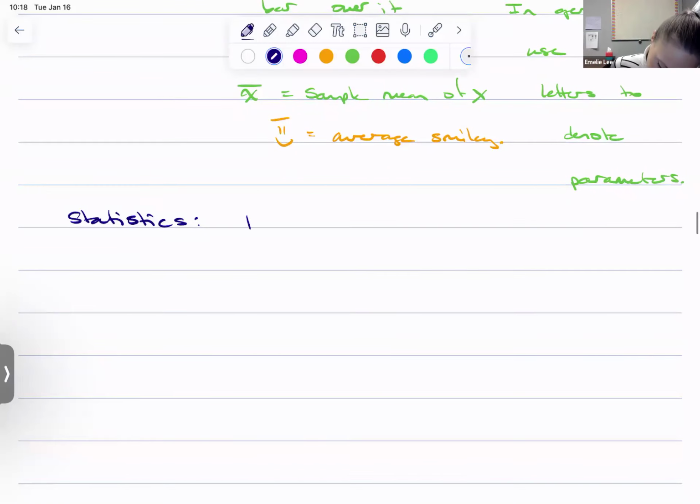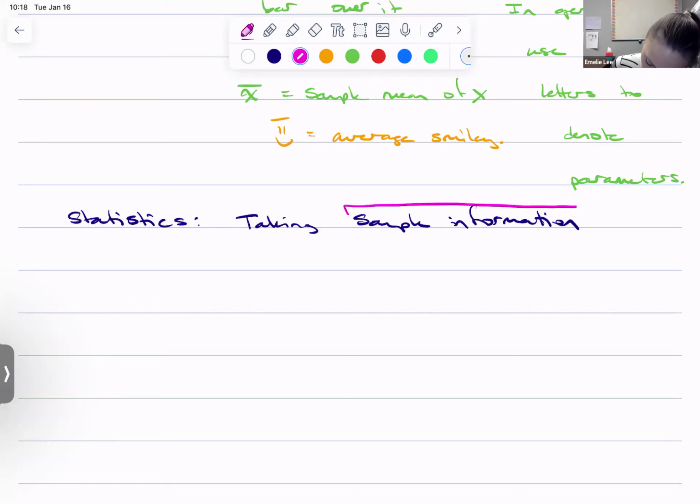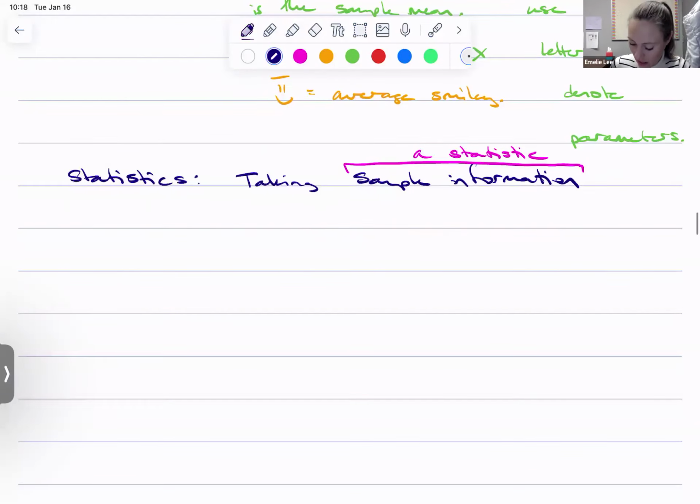Taking sample information, which we can replace with the word a statistic, to learn about